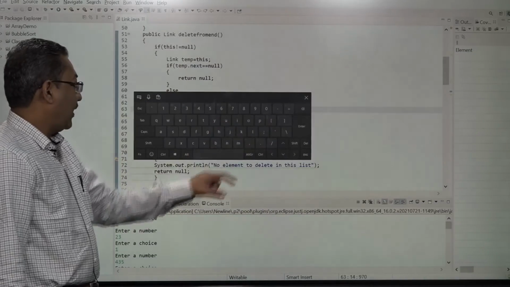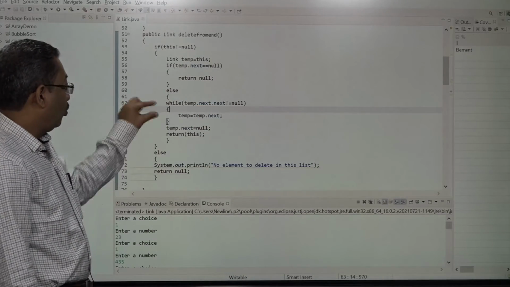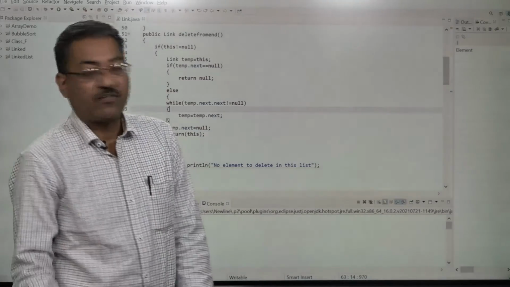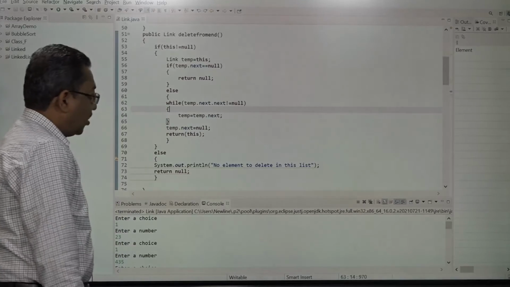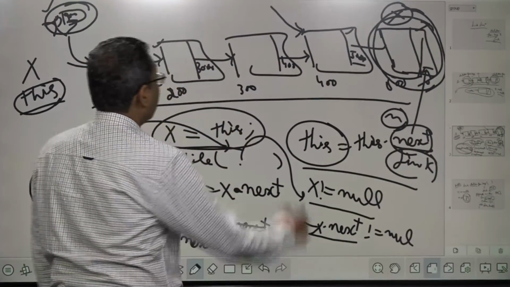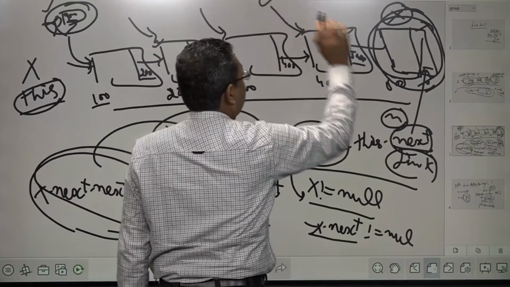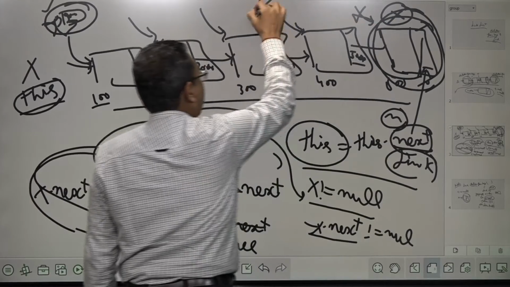While temp dot next is not equal to null, do this. Temp must refer to the next of temp, and keep on repeating this. What its job is, take you to here, then here, then here. Don't go to this point, right?